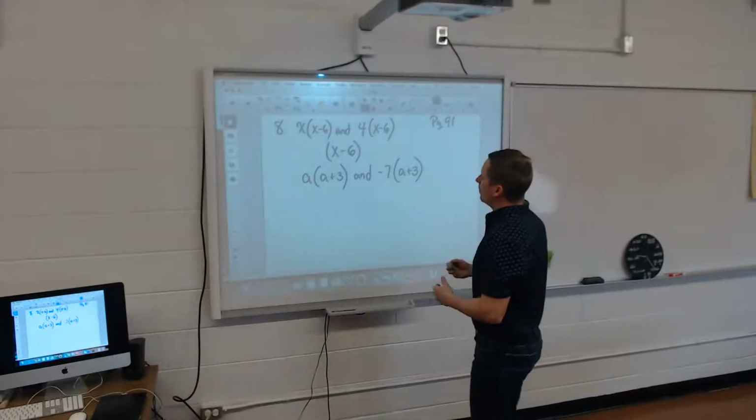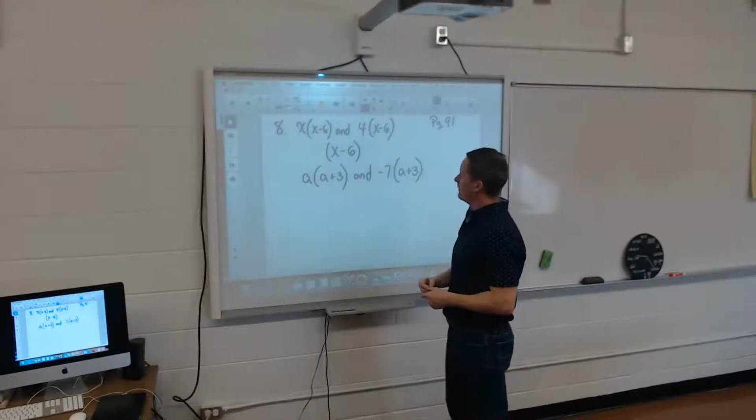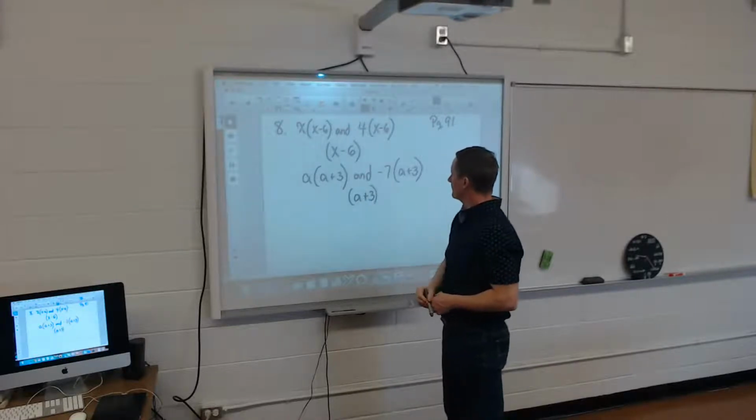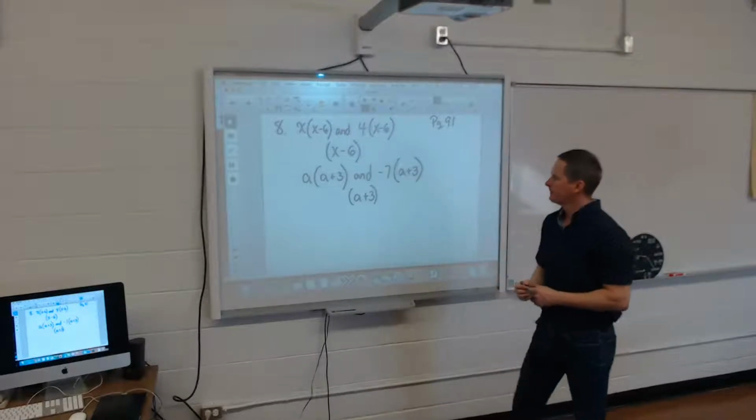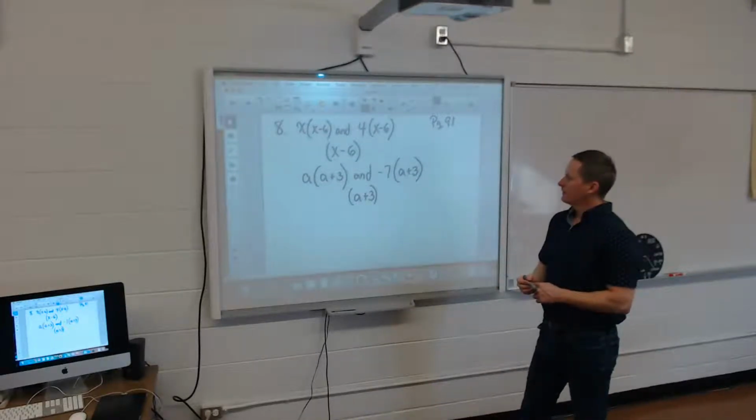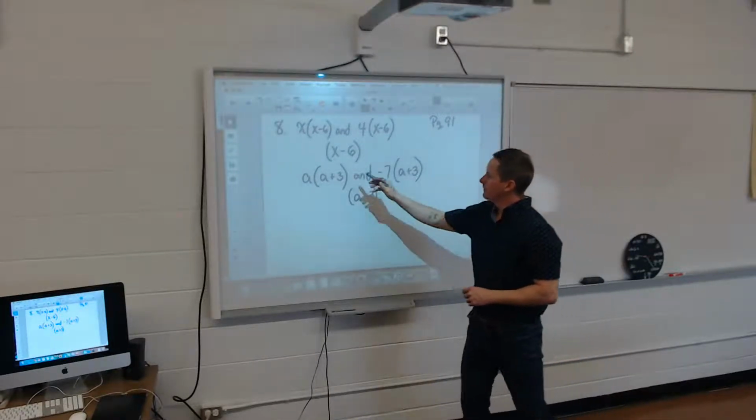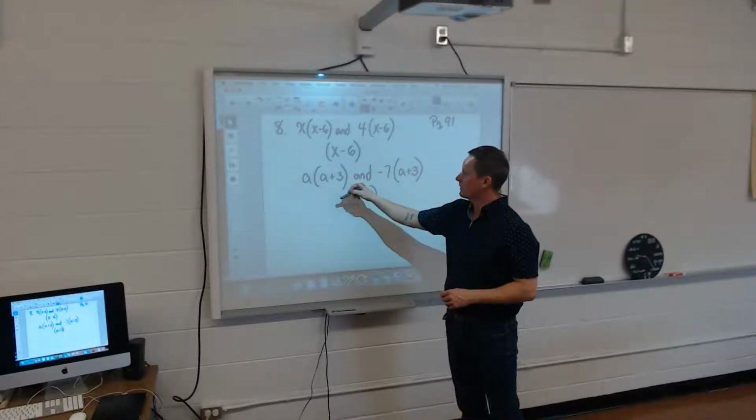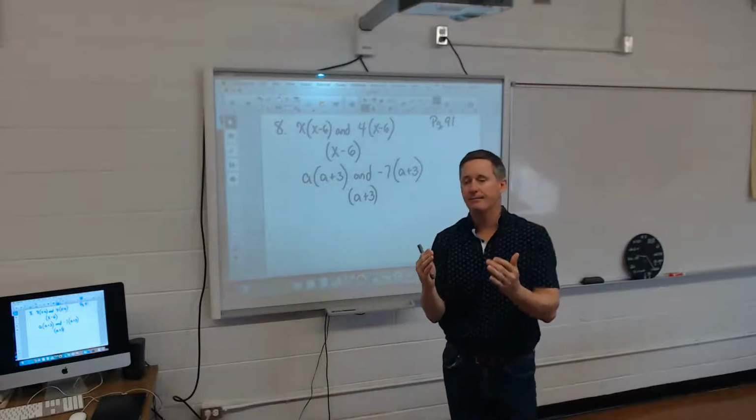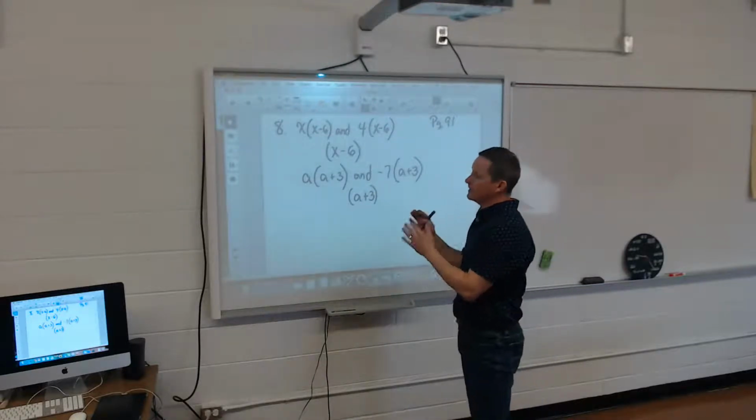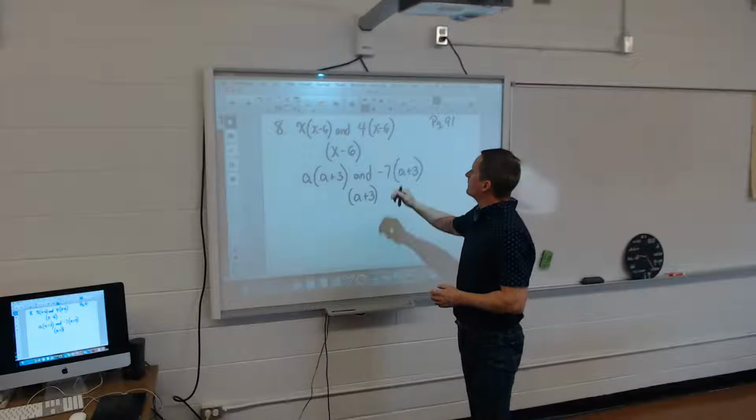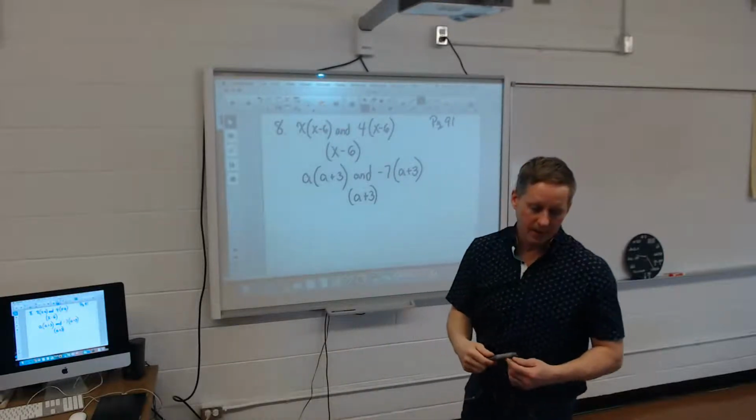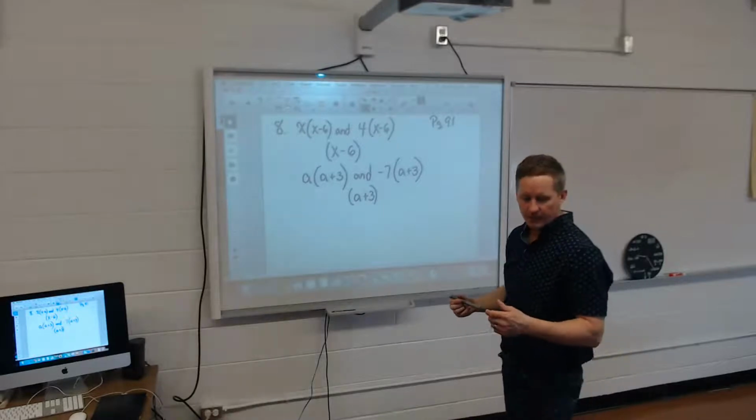Okay, so what do both of them have? Well, they both have an a plus 3. All right? So the only thing exactly the same here and here is the a plus 3. And I keep them contained in the brackets. If they're exactly the same, then leave them like that. Now, the second part of factoring, which this question doesn't do, but I'm going to show you because number 9